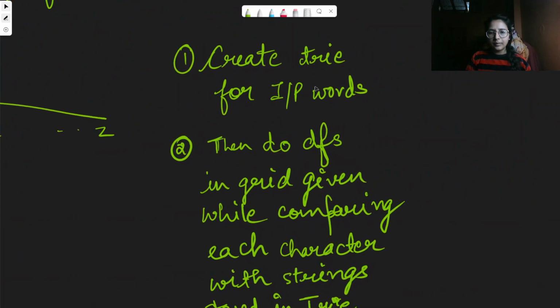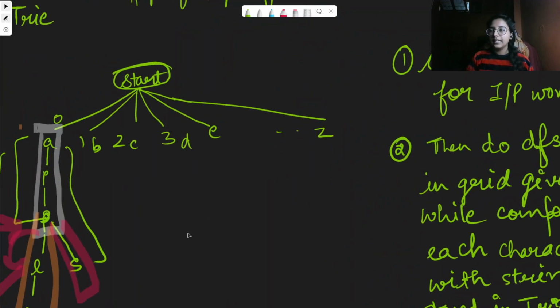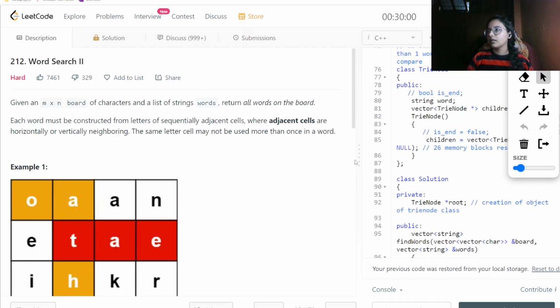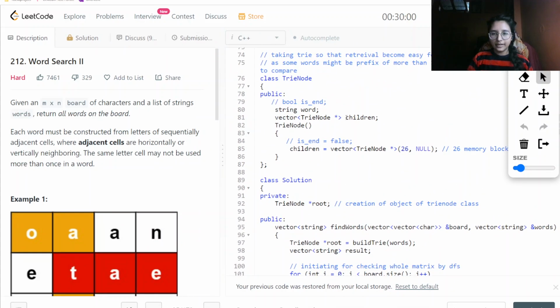So the first thing is that we will be creating a try for the input words, then doing DFS in the grid given while comparing each character with the strings stored in the try. So that's the thing which we will be doing. Now comes the next part, how we are required to code this particular question. So regarding the coding part,